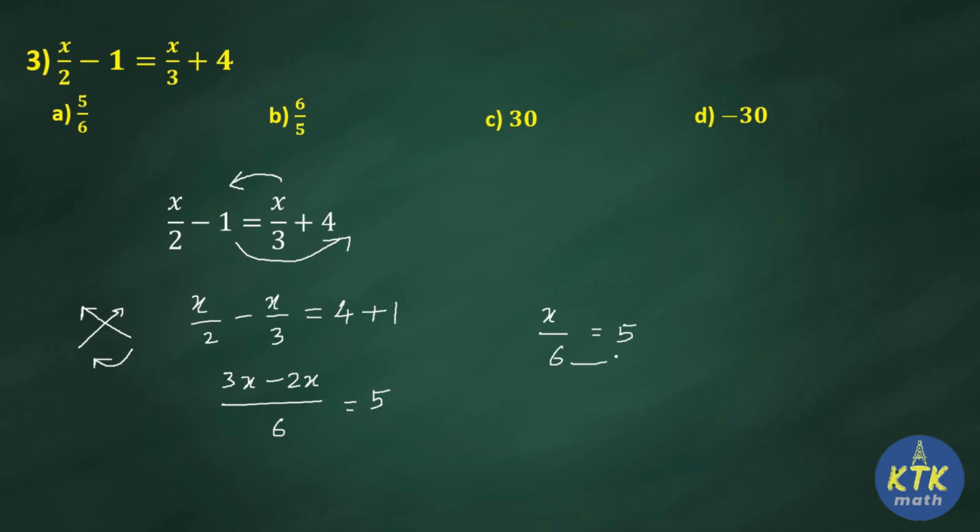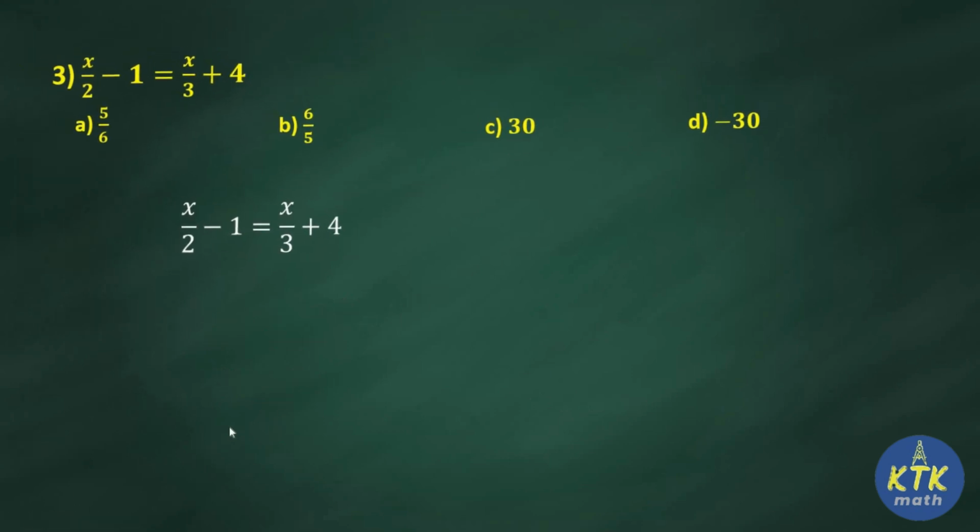So we know how to solve this one. Divide becomes multiply. So x equal to 5 into 6. Directly write down the answer. The answer is option C, 30. So 5 sixes are 30. In the beginning the sum may look like a tough one, but once you start solving step by step, definitely you can get the answer very easily. When you are attending competitive exams, if you have time, you can substitute this answer and verify whether you have done it correctly or not. Okay, now we will move to the next question. Question number 4.